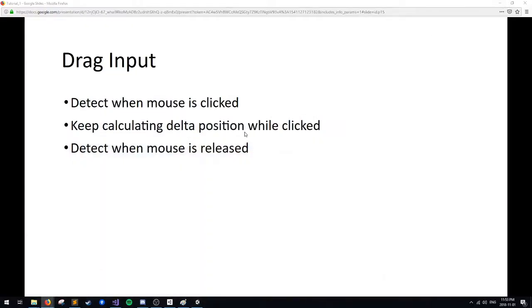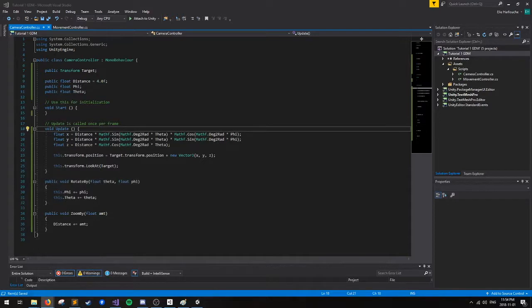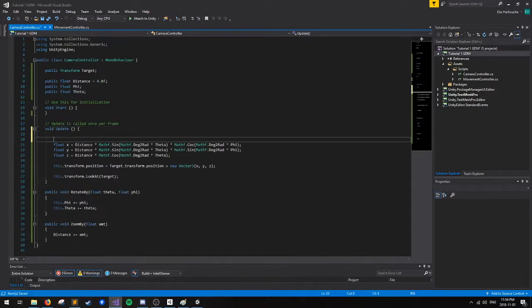So we want to detect when a mouse is being clicked. That's the first step. We want to keep calculating the difference in position while it's being clicked. And then we want to detect when the mouse is released. If we get this change in position while it's being clicked and keep using it, we can turn that into a direction, into our theta and phi, and then we can just move by that amount. So, I kind of jumped ahead of myself, but going back to our code,